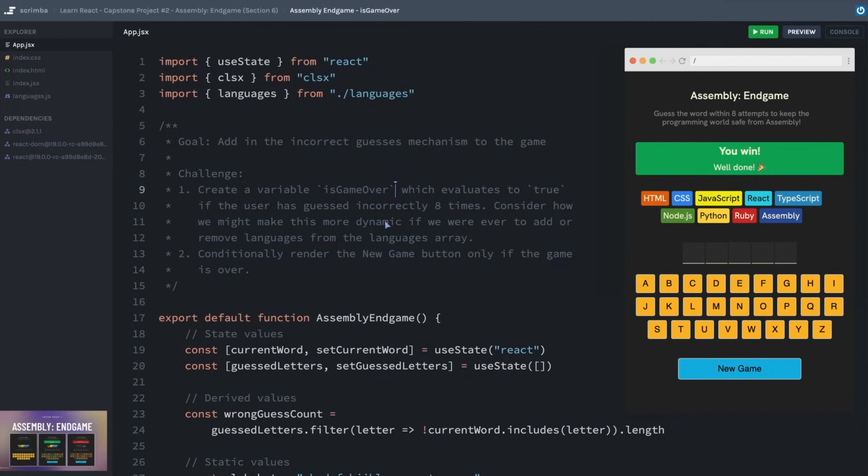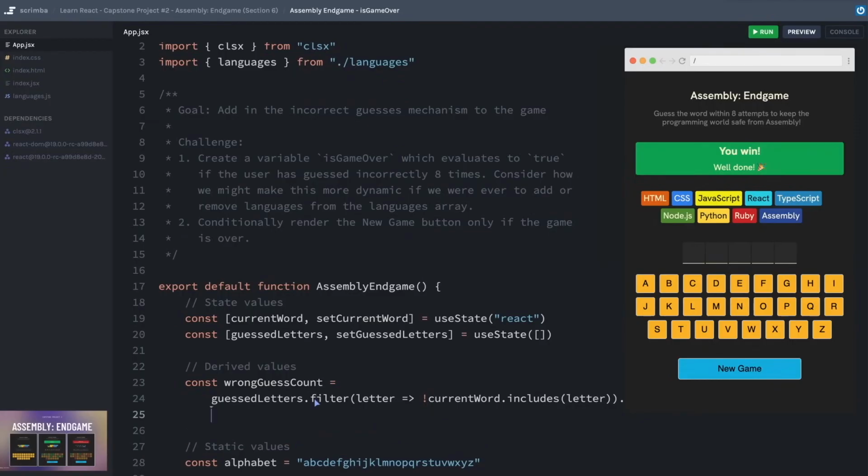I didn't type this down, but I did mention it as I was speaking. But this IsGameOver value is something that we can derive based on the existing state. Because we know that the game should be considered over whether the game was won or lost, maybe the first thing we should do is try to derive some state about whether the game is lost, and then we could say, well, the game is over if either the game is won or the game is lost. So let's go ahead and first create isGameWon.